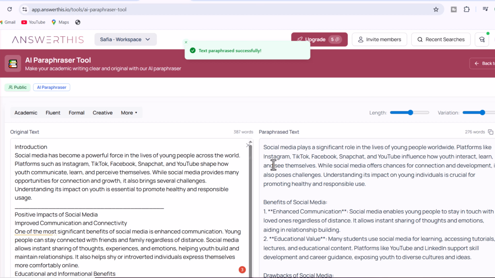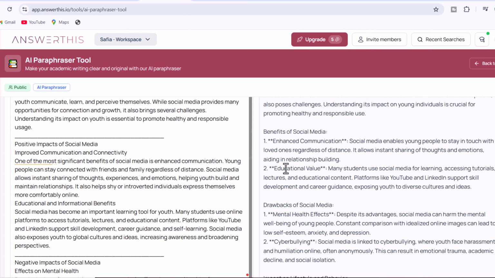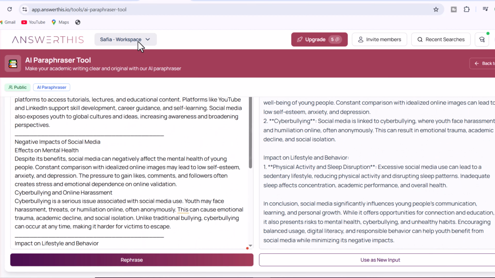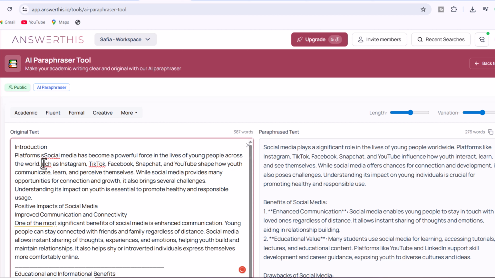Once all settings are finalized, click the rephrase button and allow the AI a moment to process the text. And it's done. The original essay, consisting of 387 words, has been refined and condensed to 276 words. Let's make a brief comparison. In the original version, the introduction described artificial intelligence as a transformative force in education. The revised version now states, social media has become a powerful force in the lives of young people across the